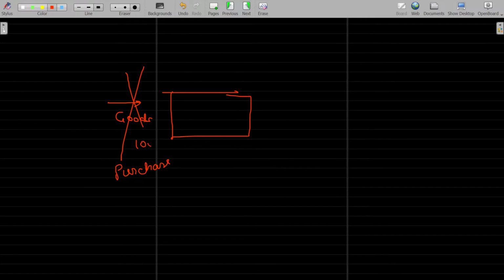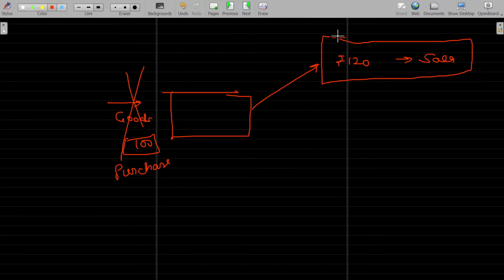Okay. The goods may be around 100 rupees. The same 100 rupees worth of goods could have been sold as rupees 120. In that case, this will be named as what? Sales. Okay. This predominantly happens. Apart from that, there may also be other reasons, which is nothing but other purposes,